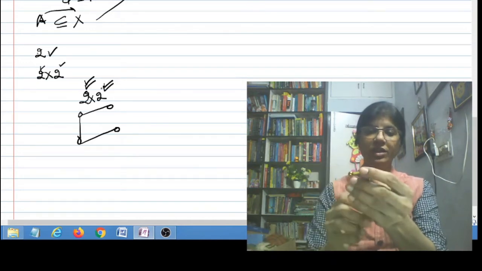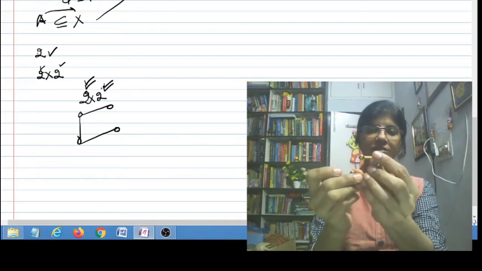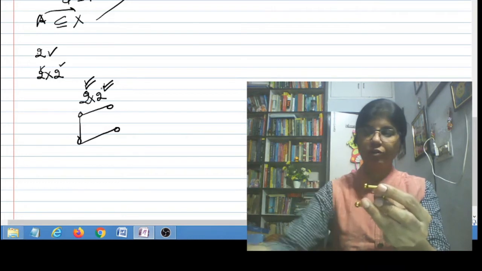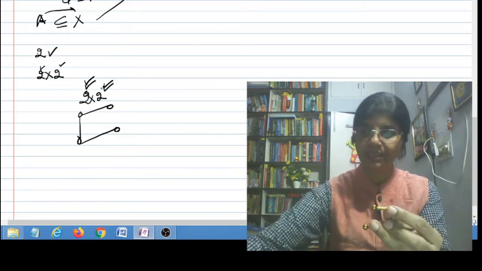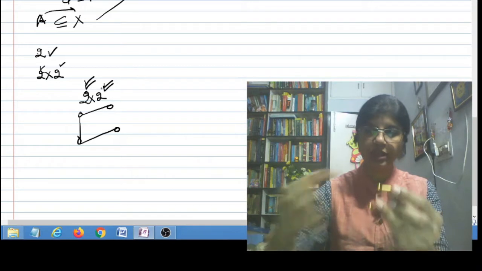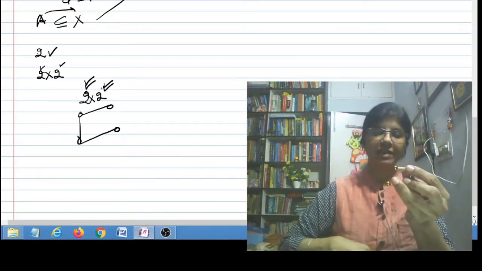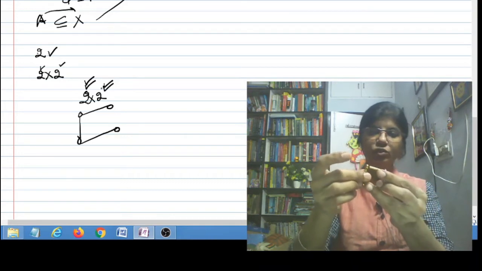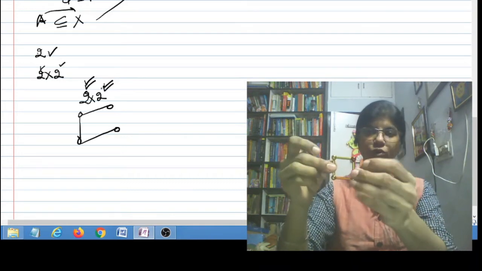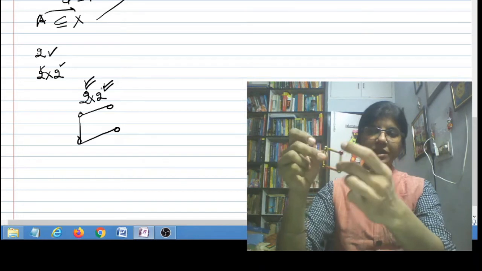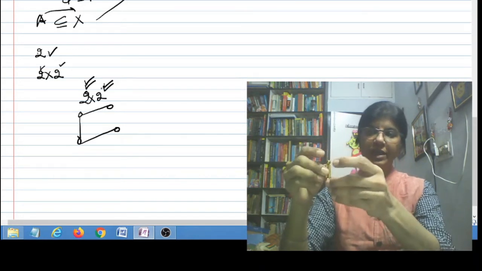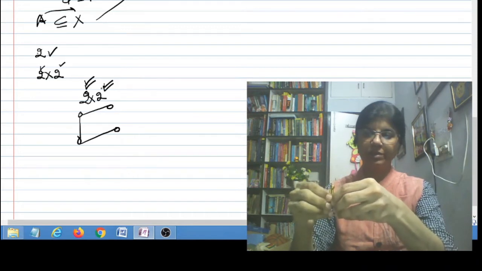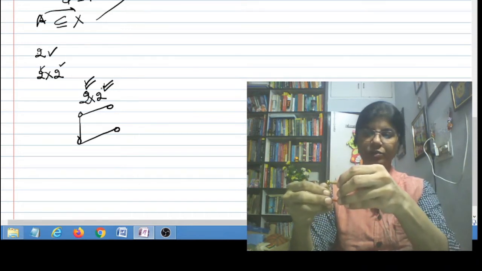When I have done this whole thing, this is the resulting figure which I get, but still we have not obtained the Hasse diagram for 2 cross 2. In order to obtain it, you have to join the corresponding vertices, which means I have to take one more stick and join like this. So now this is the Hasse diagram for 2 cross 2, if you can see. These are magnets, so they are sticking together with each other. Let me separate them out. Something like this you have.